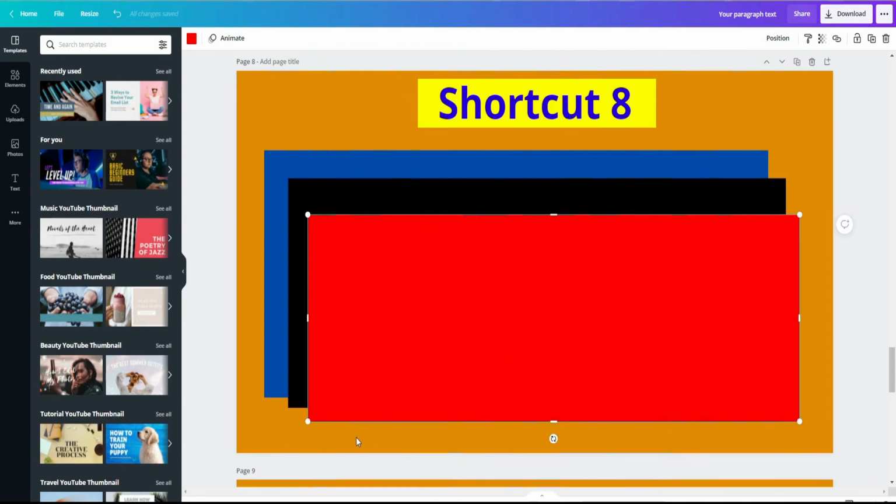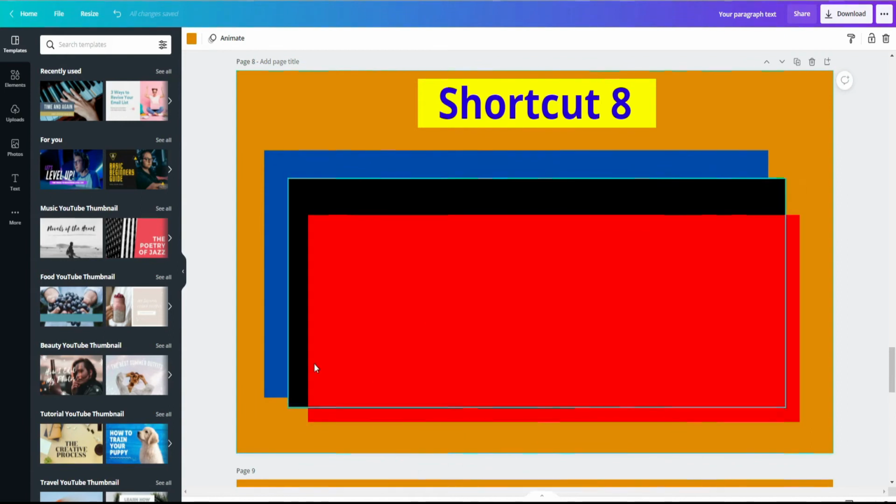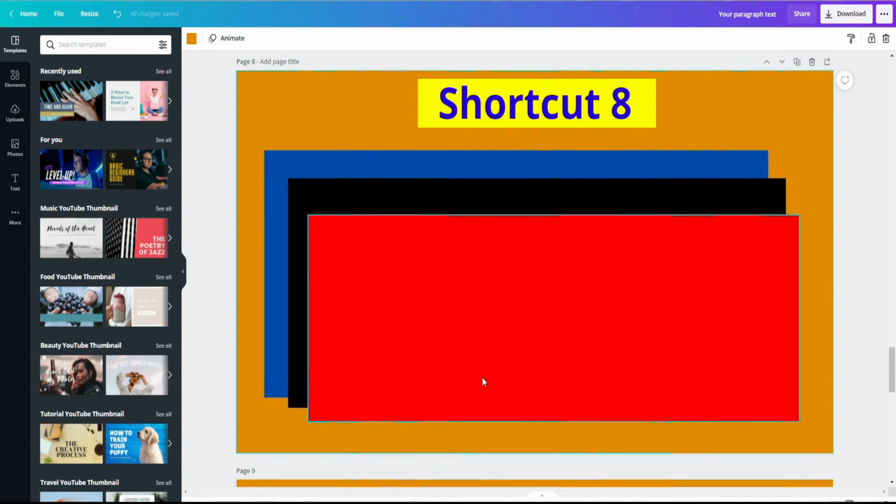Next up, I want to show you when you are working with multiple layers, sometimes you will come across layers that are quite close together. I want to select the middle layer, but sometimes that can be challenging. So what you do, if you are using a Mac, hold the Command key, but if you are using a Windows, hold the Control key. I am holding down my Control key. Now I will click on my mouse button. That will then select the next layer behind it. If I click again, that will select the layer behind that, and now as you can see, that layer is selected.